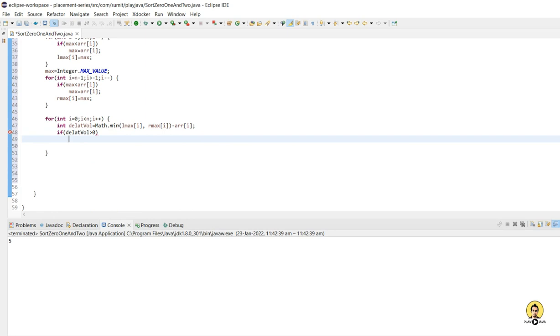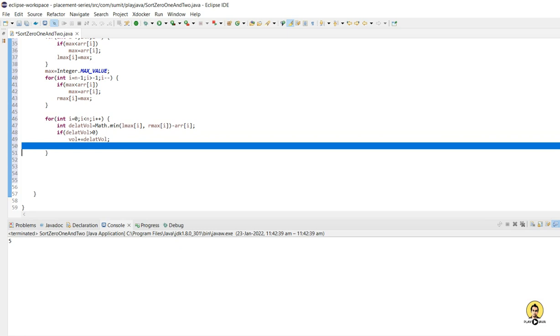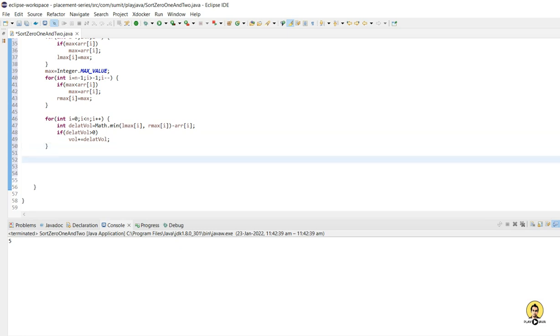Only if it is positive, then the volume will be calculated, because volume is a positive thing. So we will just compute that volume and add it in the volume variable which we provided in the starting. After this iteration, we will simply print out